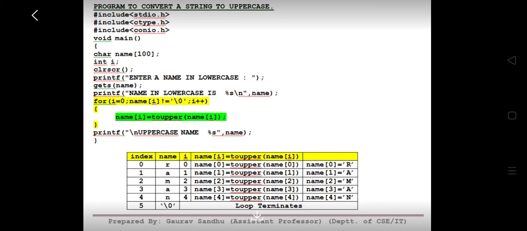All these things have been discussed in the previous lecture. Now let's concentrate on the main thing which has been shown by the highlighted green section of the program. It says that when the value of i is 0, this means name[0] has to be processed, and the statement highlighted in green will be name[0] = toupper(name[0]), which means that whatever is stored at name[0], which was small r, will be now converted into uppercase, which means capital R, and it will be stored in name[0],